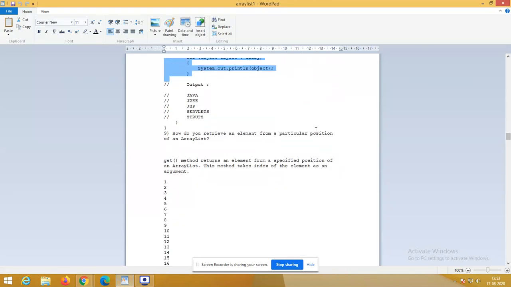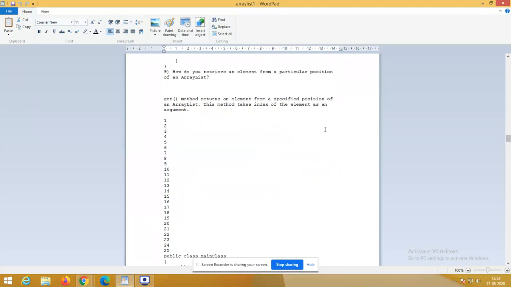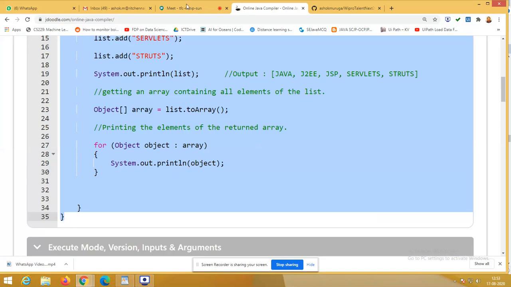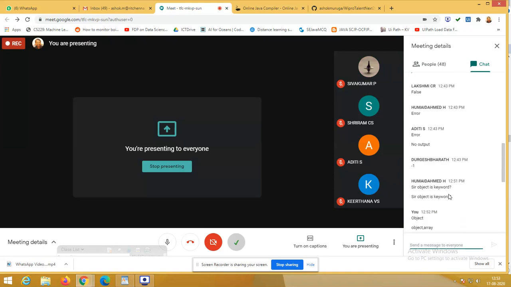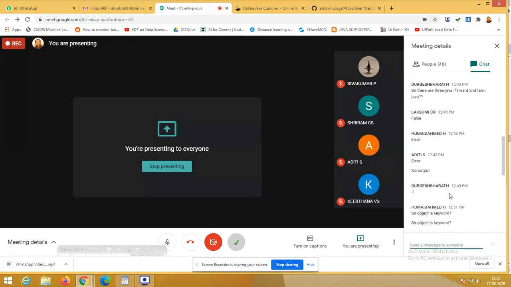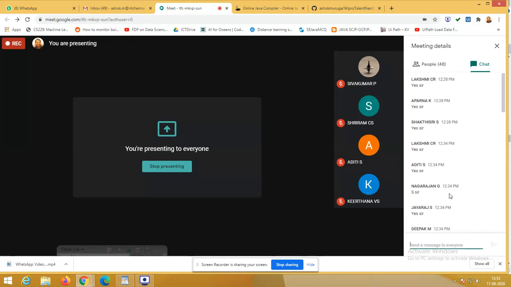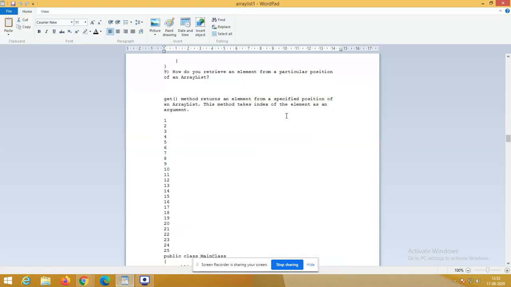To understand, yes, this is the question that Durgesha has already asked: how to retrieve the element from a particular position of an array list.